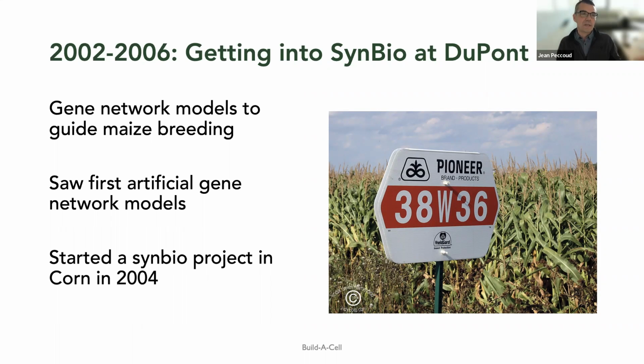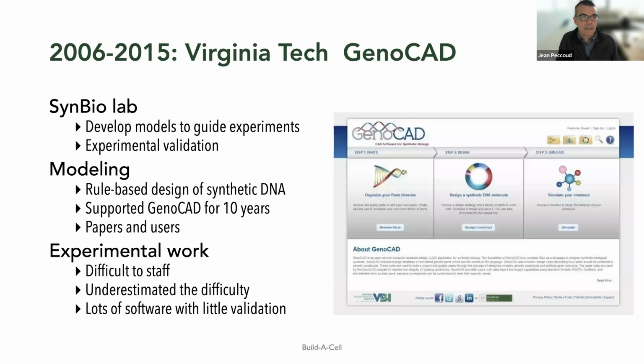And then eventually DuPont didn't make its profit objective and they fired 25% of their research and development staff in 24 hours. And after that, it was a nuclear winter. So we couldn't do anything anymore. Everything was shelved. And so I looked for better opportunities. And that's how I got back into academia, spent 10 years at Virginia Tech, starting a synthetic biology